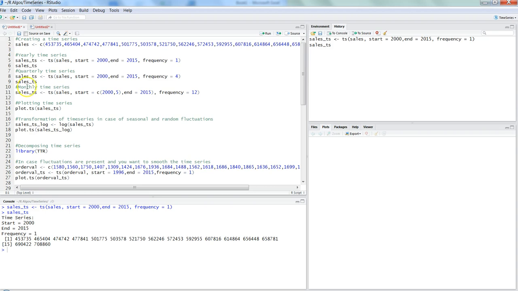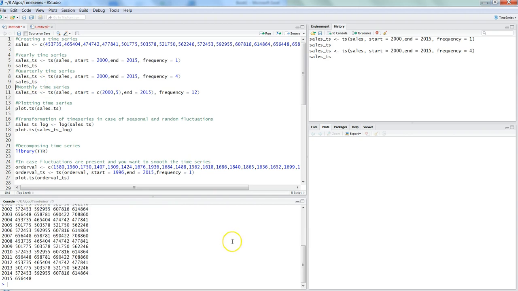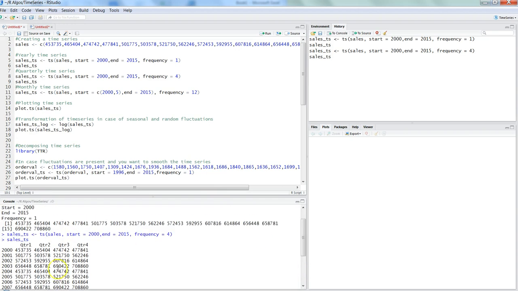For example, if we are going here with the sales_TS and saying that we need quarterly data, then we press Control Enter, and if we see the sales_TS, it is basically saying that in 2000, quarter 1, quarter 2, quarter 3, quarter 4, it will very clearly show you what is a trend, what is a cycle or seasonal cycle, and if there is any irregular